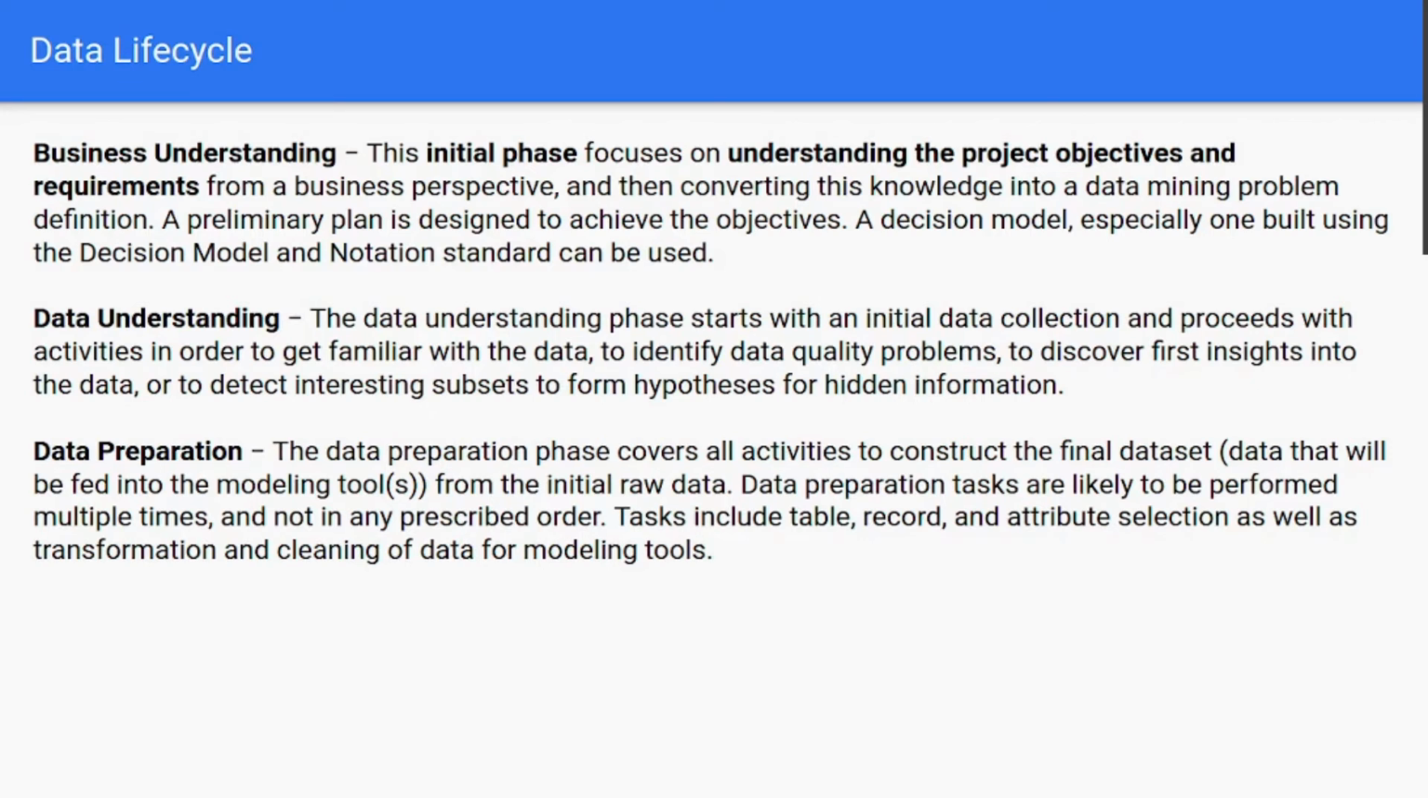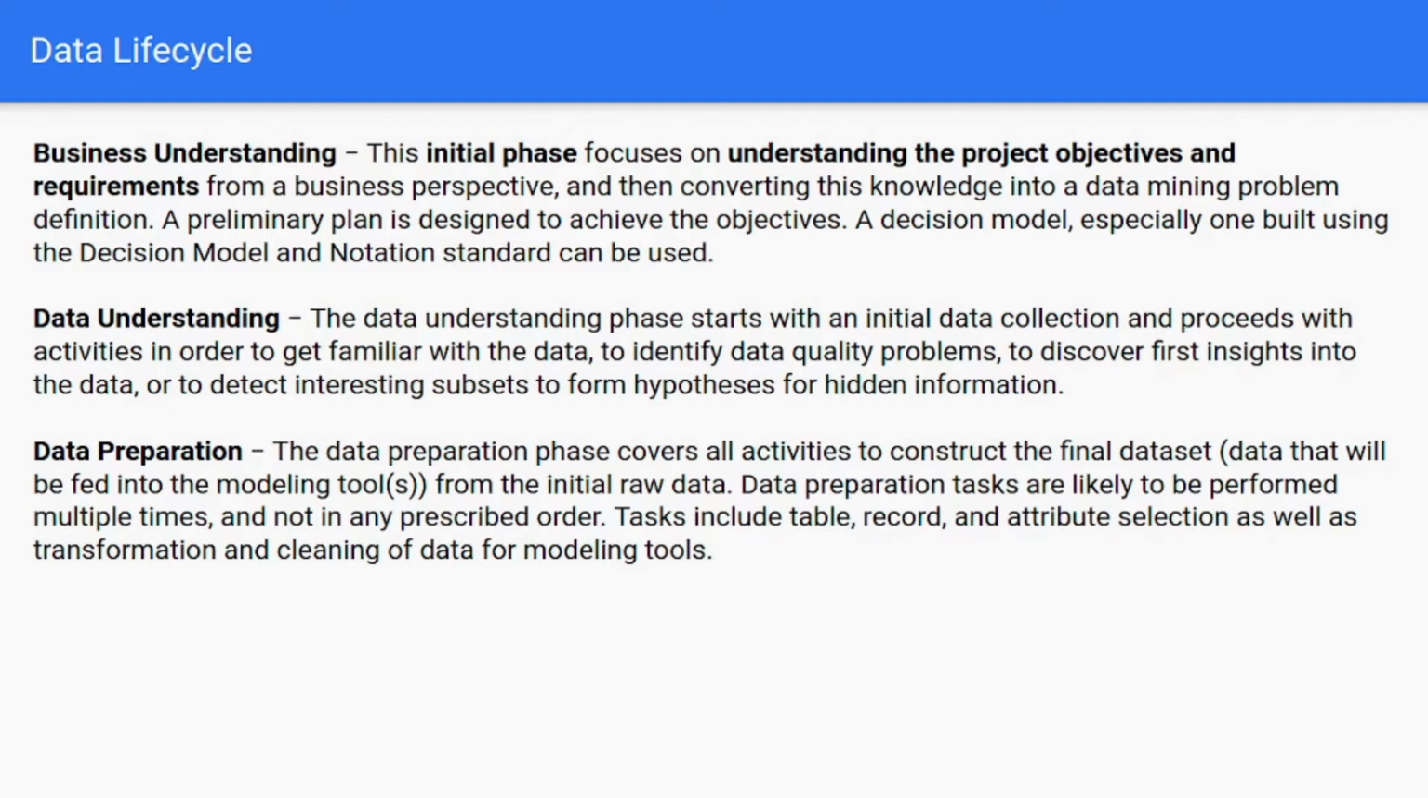Okay. Next comes data understanding. The data understanding phase starts with an initial data collection and proceeds with activities in order to get familiar with the data, to identify quality problems, to discover first insights into the data, or to detect interesting subsets to form hypotheses for hidden information. Okay, so there are a couple of things to note here. It starts with initial data collection,